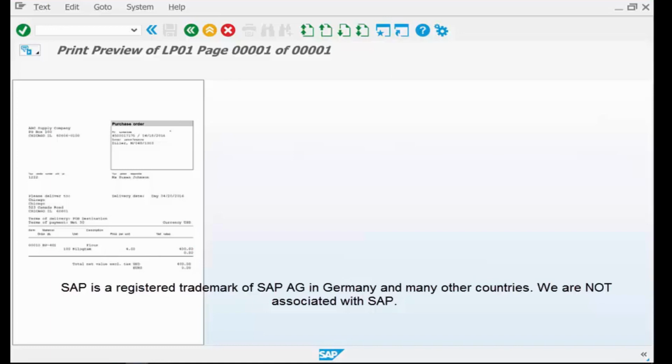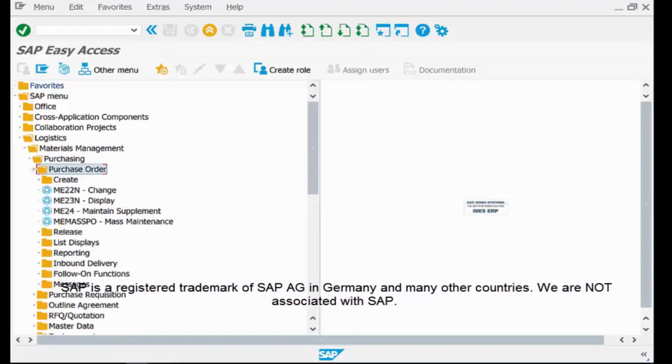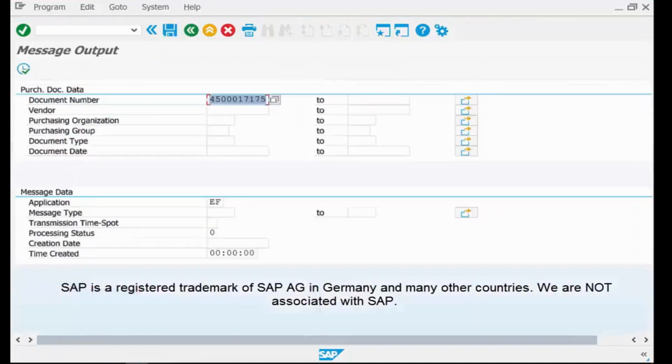Now, once you have created the PO and got it released from all the levels of our organization, we have two options: either print that document or electronically transmit it to the vendor. In order to do that, we go to the messages tab of the SAP menu and select the ME9F print/transmit T code. Here the message output pop-up screen has come up. You have to put in our document number, which is nothing but the PO number.